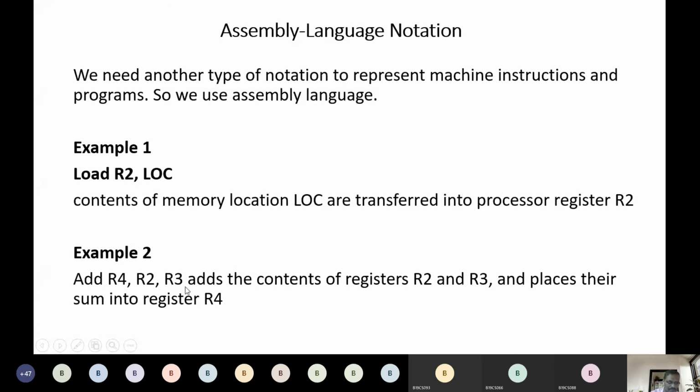This is the instruction: Add R4, R2, R3. What it does is add R2 and R3 and store the result in R4.